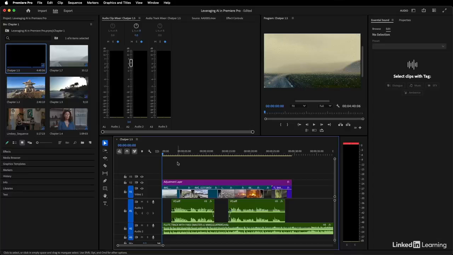When it comes to AI and audio, Premiere Pro has additional features that can be very helpful for a workflow with multiple audio sources. In this particular example with Chapter 1.5, we're going to take a look at how we can use Premiere Pro and tagging our clips automatically to have certain audio sources duck against other audio sources. When I refer to the word duck, in common video editing, you might have an interview which you play back and want to have the sound duck against that or be lowered against the dialogue source in order to hear it correctly. When I play back this particular sequence from the beginning with the spacebar,